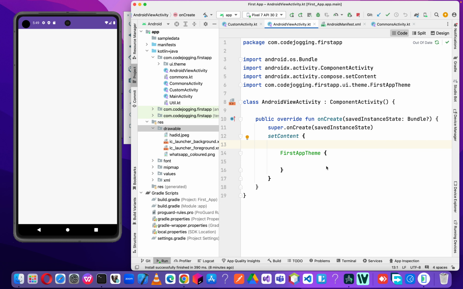Welcome to Code Jogging. In this video, we are going to look at how we can use AndroidView components in our mobile app development. Okay, so when you talk about the AndroidView components, we are talking about where we can